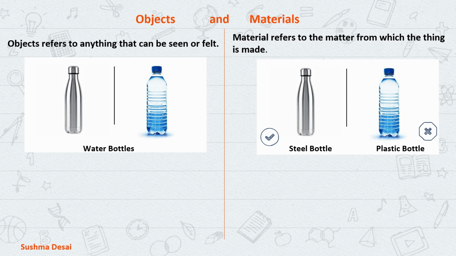If you consider being environment friendly, it's better to use a steel bottle. Now again, it doesn't mean you keep on buying steel bottles and using them. Even they are not easily decomposable. You have to use one steel bottle for a longer time, then you will be helping the environment.